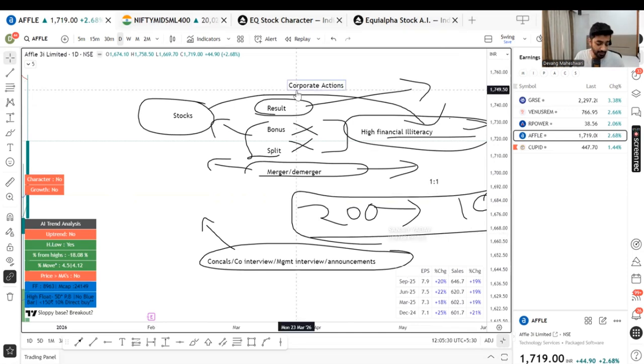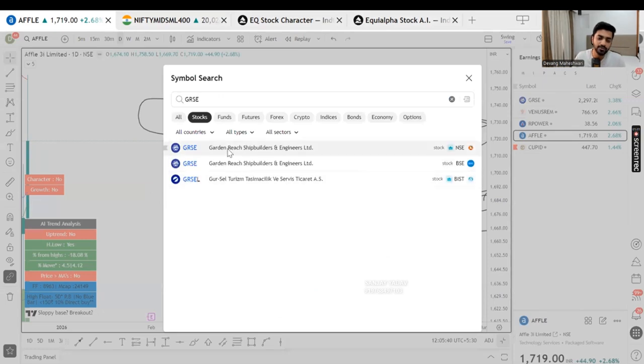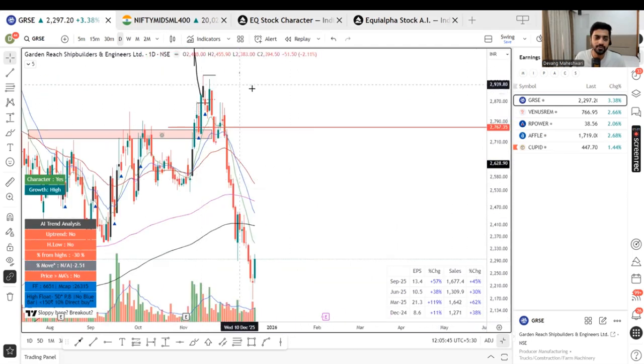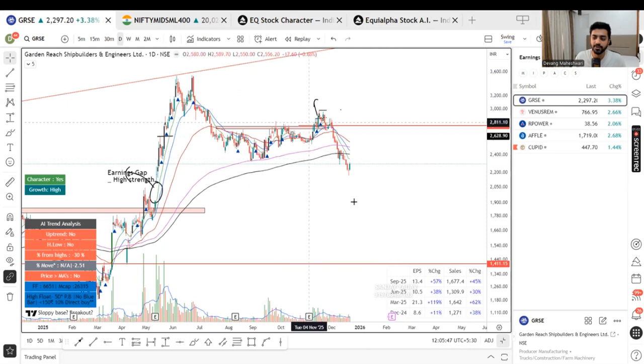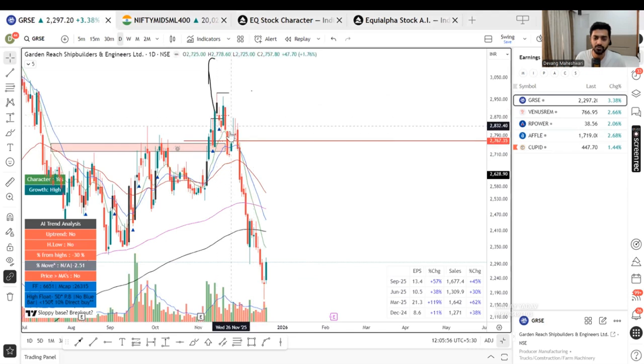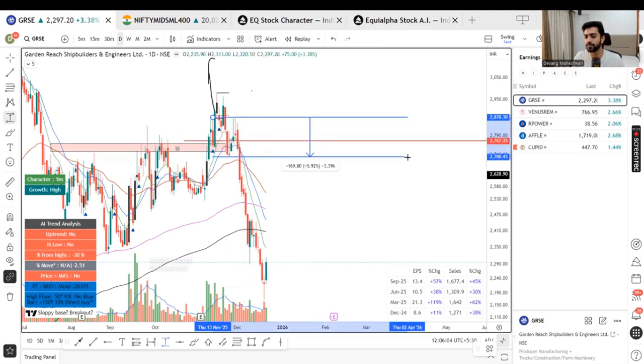Defense, yes, got stuck in defense. When I took one trade in defense and stop loss was hit, I was out. But this defense chart all changed suddenly. If it's good, it will again come up, and I can do it again. So look at this, very good base, everything was good here. I took extra, I think. GRSE, cost to cost somewhere I exited. Yeah, somewhere cost to cost or 2-3%, I don't remember.